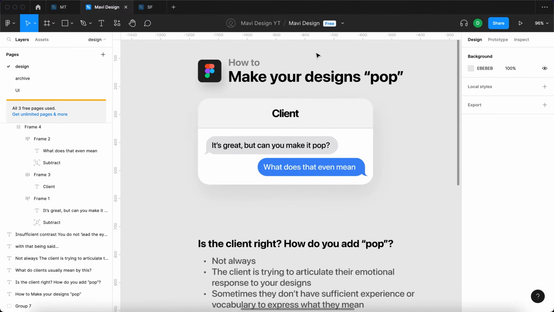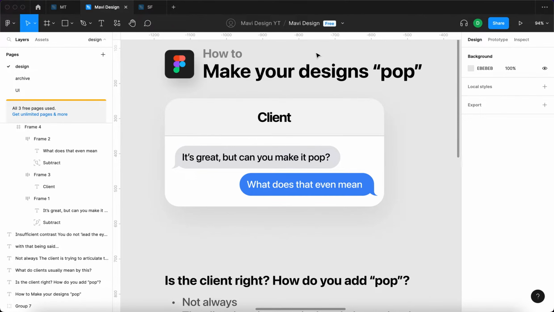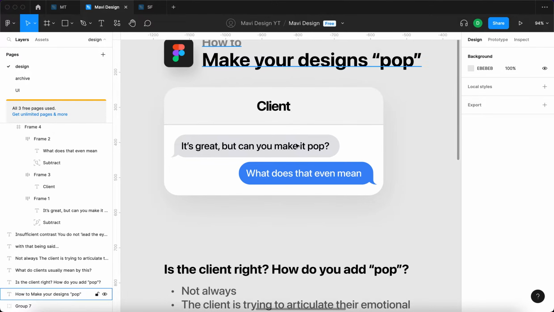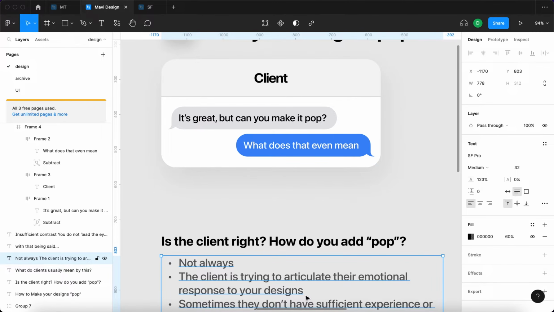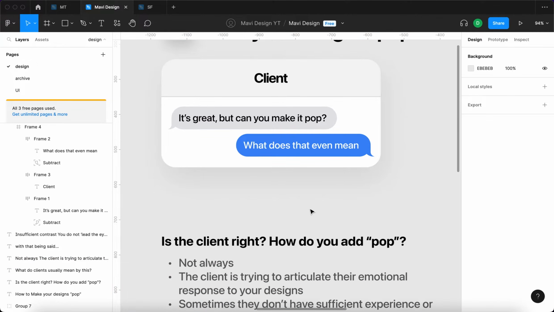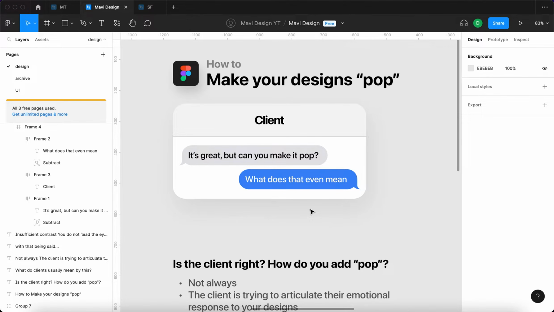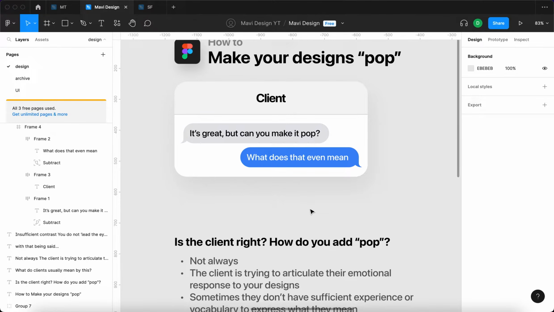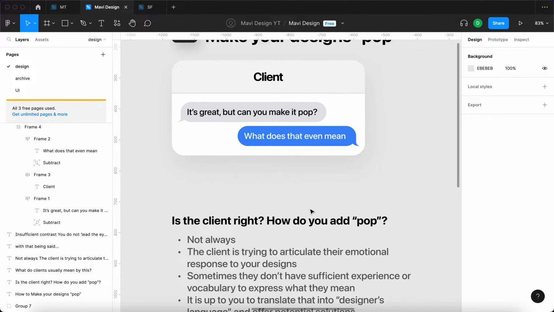What does this mean? First of all, the client is not always right. But what I think is almost certain is that the client is trying to articulate their emotional response to your designs, right? So they see what you have created for them and they might feel something. They might have some kind of opinion about it, but they lack the vocabulary and sufficient experience to be actually able to articulate their emotions, articulate their opinion, and therefore they are simply unable to provide you with any more concrete feedback. Because after all, they are not art directors, they are just clients, somebody who hired you as a